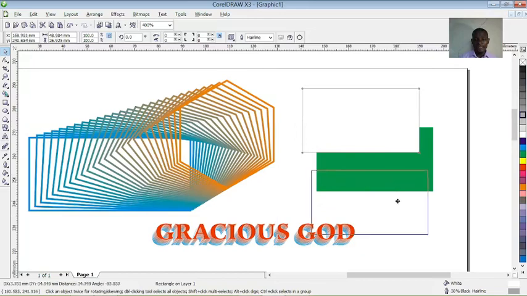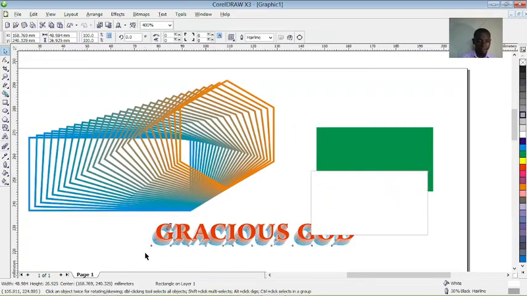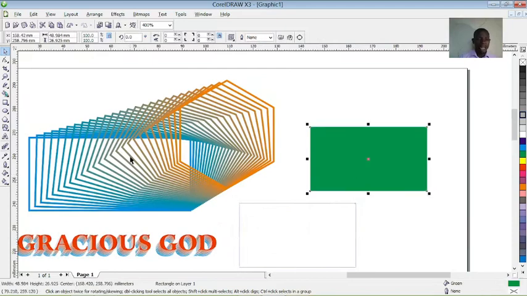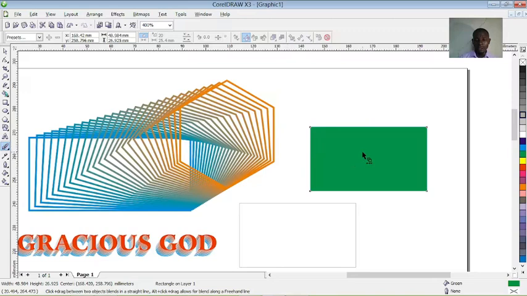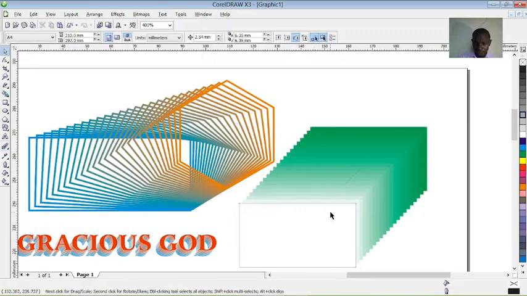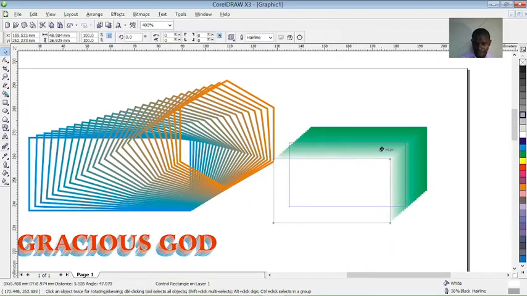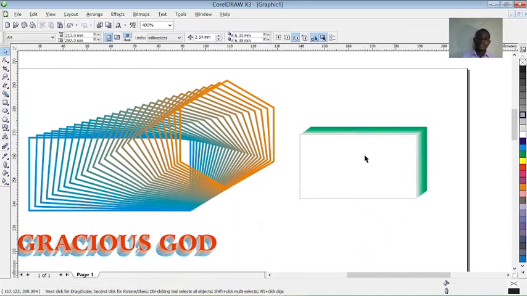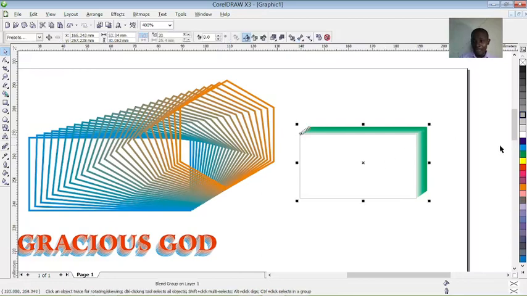So I'm gonna blend. Let me move this away. I want to blend these two together. So I go to my blend tool over here, I click it, and then I drag from this point to this point. You see what happened? So I just need to take this inside. You see what that forms? Yeah. You see, with this, I'm able to form a shape that, if you're not told what happened here,